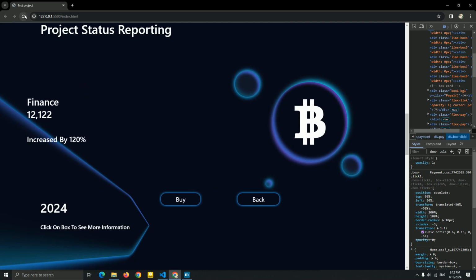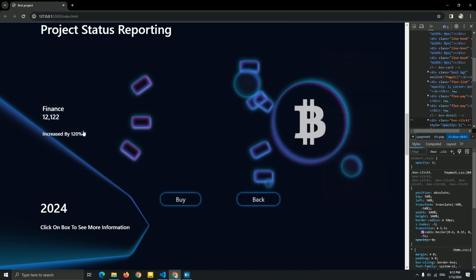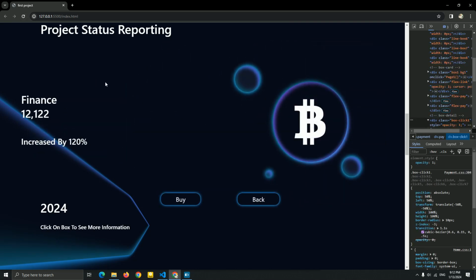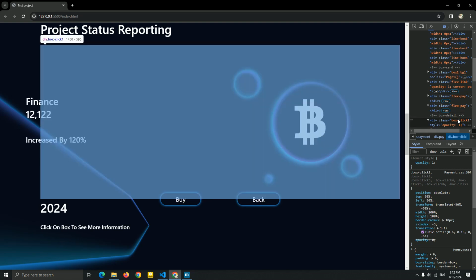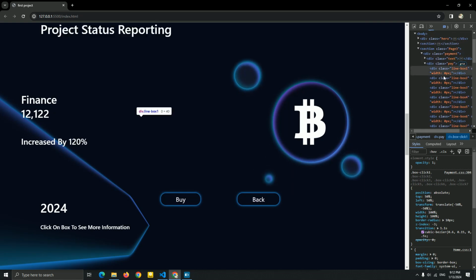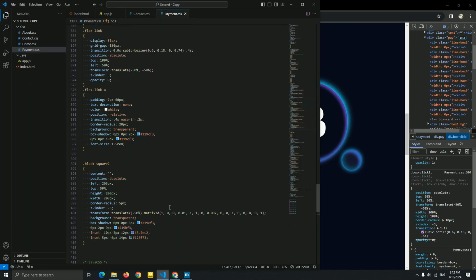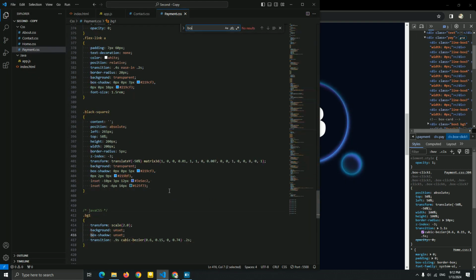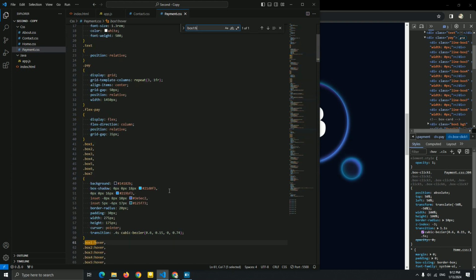So now, as you can see, let me just show you. You can see we just increased it. But the first problem is when the box becomes big, it's gonna change the position. I'm just gonna add the transform translate for this. And another problem is this hover that we just added for this. If you remember, in box 1, I added the hover. I added this box 1 hover.